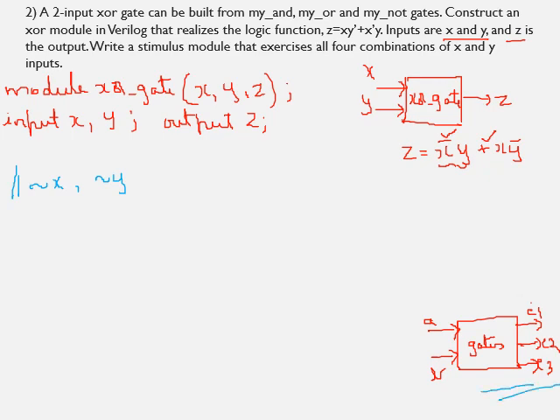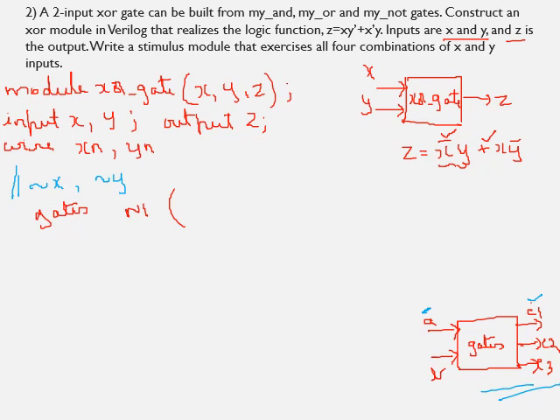module, that is gates. For that, if you recall, my NOT gate was realized using A as the input and C1 as the output. So now I will instantiate this module gates, and I will randomly give some instance label. Now we will go for connection by name. So before that, I will just declare some intermediate signals by the keyword wire. So I will name xn to hold not of x and yn to hold not of y.